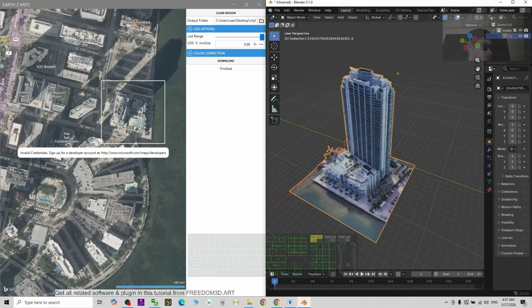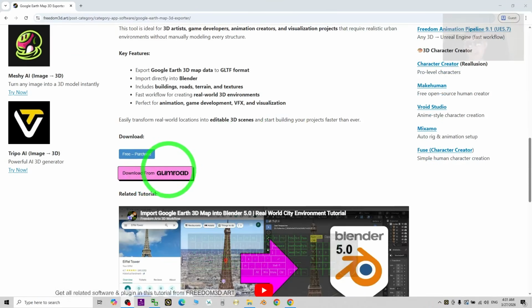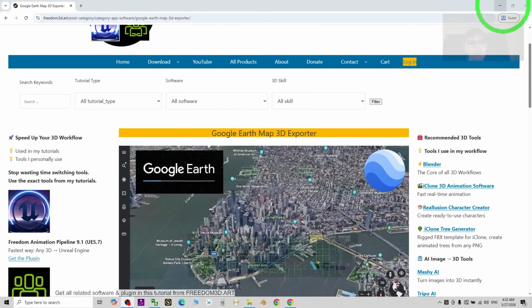Let's go. The first step, go to my video description, click into the link Google Earth Map to 3D Exporter. Just scroll down, download from the Gumroad or just download from my official site. And then next,